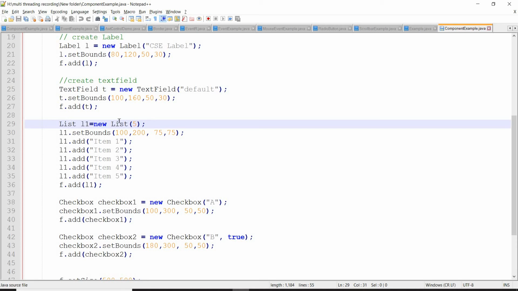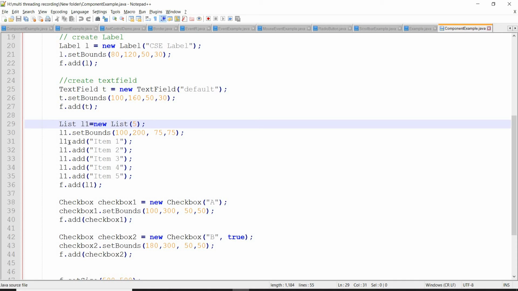First, create the list object with the number of elements we are going to add to that list. Here I am going to add 5 items, so we have created a list with size 5. Specify where the list should appear on the frame, set the bounds, then add whatever elements we want to add to this list.